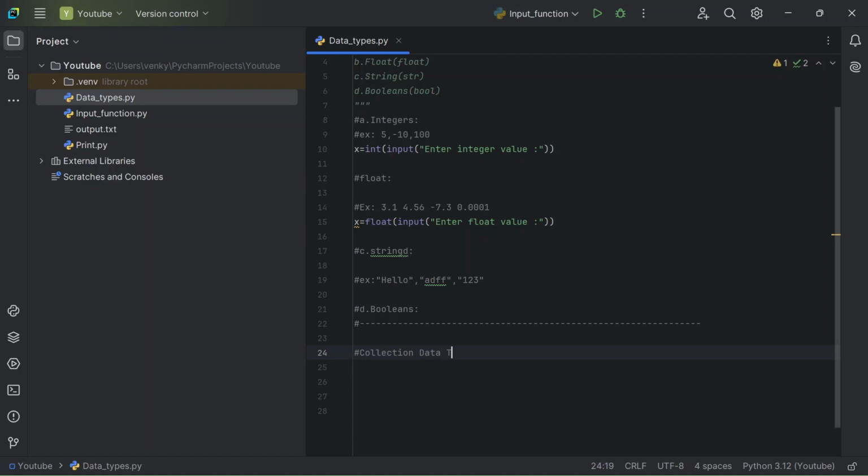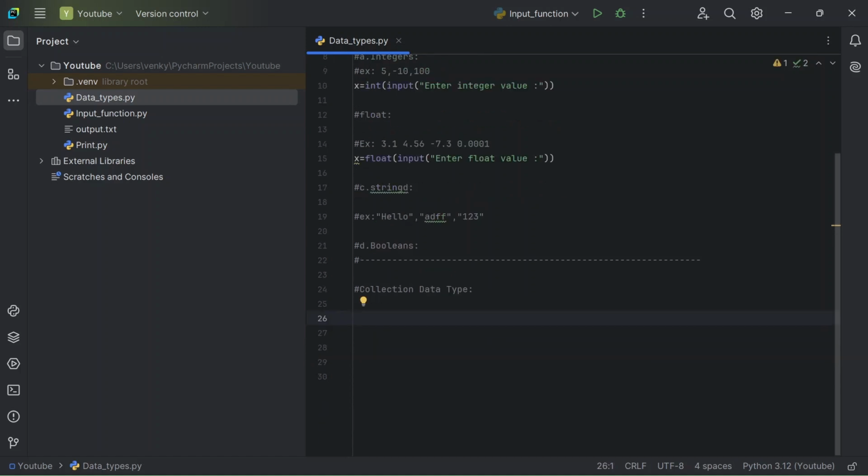Collection data types are user-defined data types. They are not the primary data types, we can call them secondary data types. So here I will list out everything. First we'll jump into list,